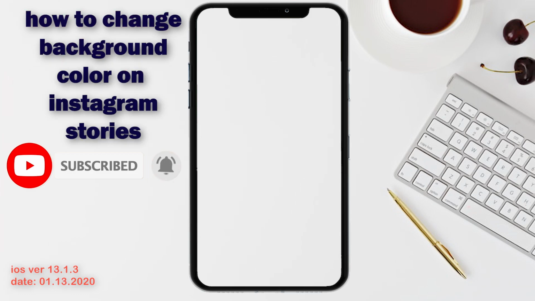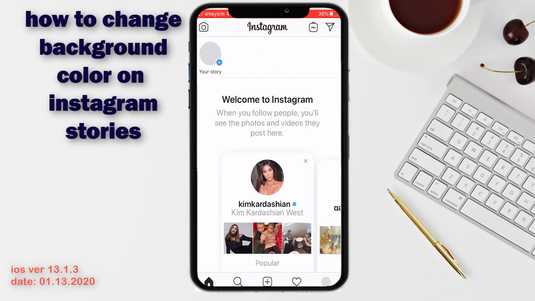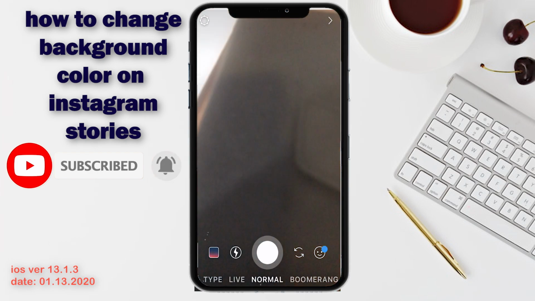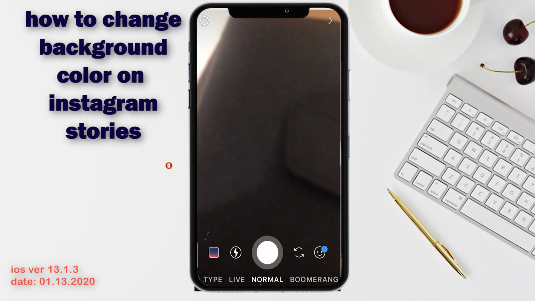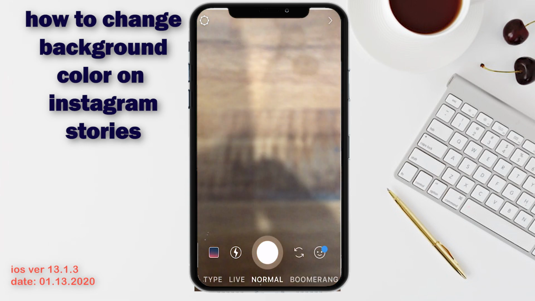So let's get started. Now first of all, what we need to do is just open our Instagram, and when we've got it open, you'll see that at the top left we got your story. Now with that, what we do is we actually just take a random photo, so we don't need to worry,